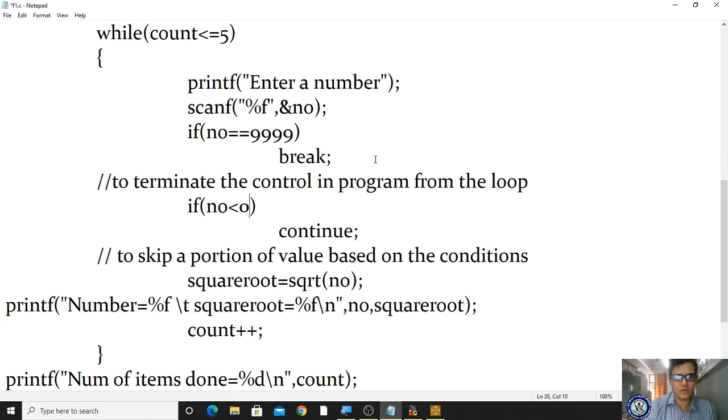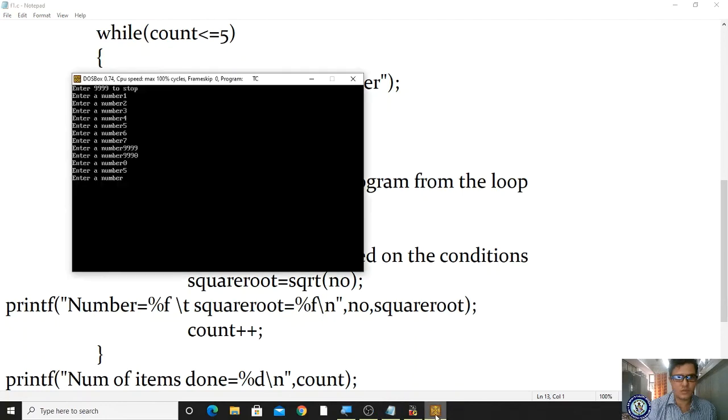Here is a break. It is not terminating. Let me save. Just to give minus 1, 9999, and 9999. It is not working. So there is some mistake in our program.